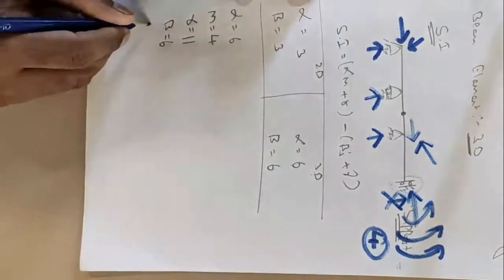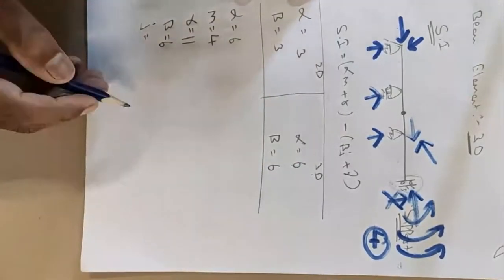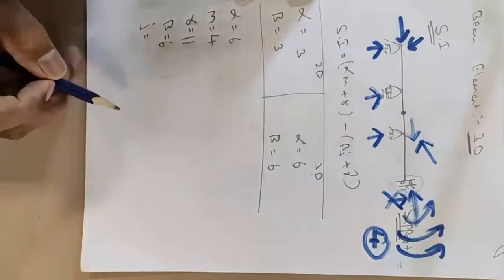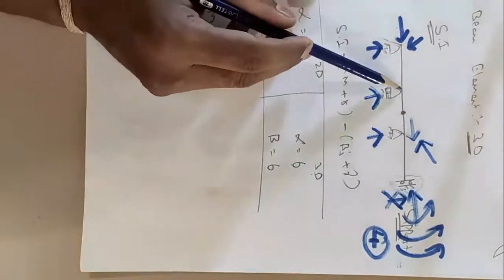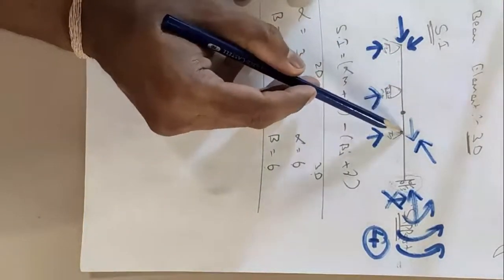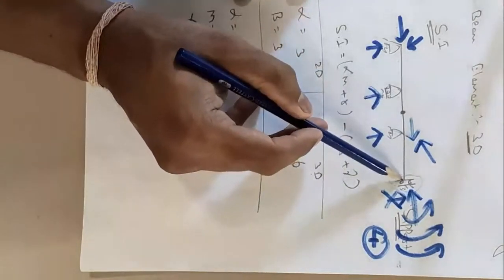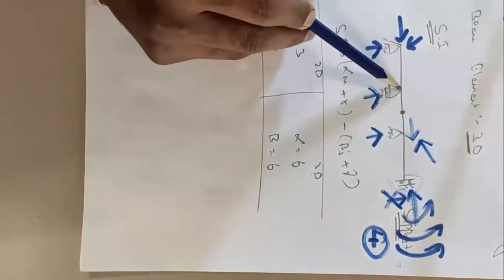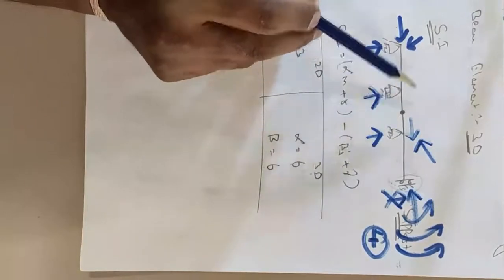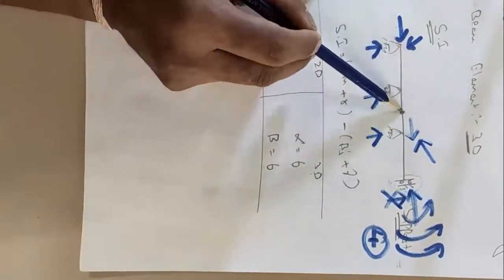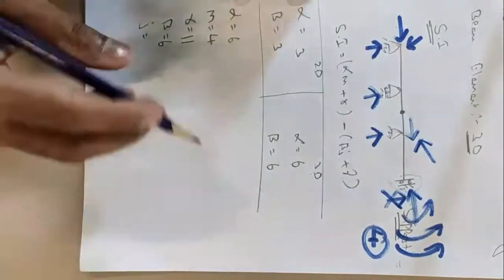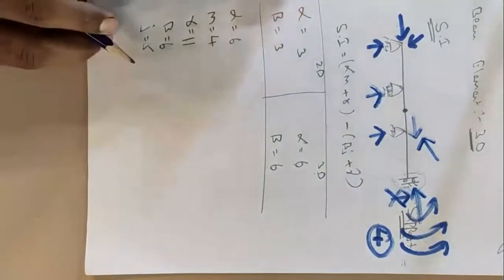Now what is our j? J is nothing but our number of joints. How many joints will we be having over here? If you see, we have 1, 2, 3, 4 and 5. So once again I will count. Here we have 1, 2, hinge is also a joint, yes or no? So 1, 2, 3, 4 and we have one more support as 5. So the total number of joints we have is 5.